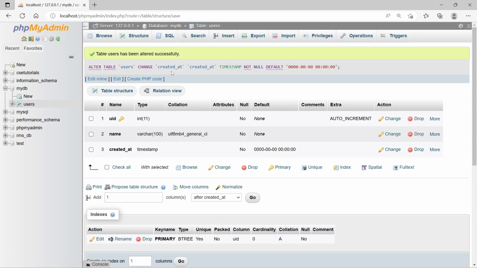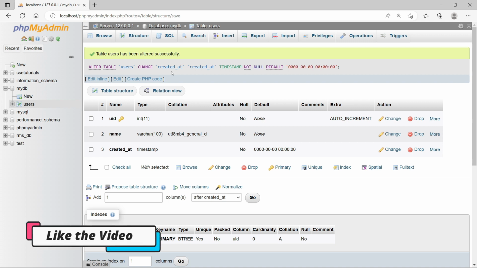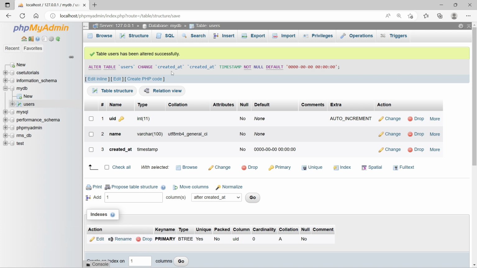It is accepting zero values. But earlier at the start of the video you saw it showing an error that you cannot provide zero values. Now it accepts zero values because we have removed the restrictions. So this is one solution that you can do.